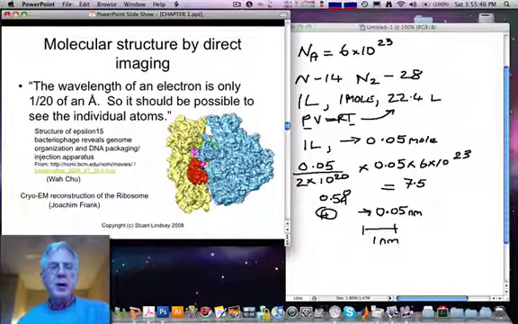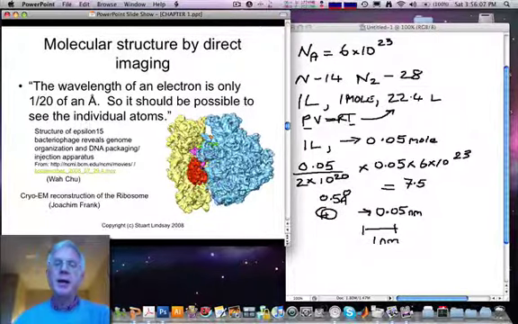Then Feynman said, well, we haven't reached the limit with electron microscopy yet, and biology is very complicated, so why don't we just use an electron microscope, but work a little bit on the resolution, and then for biology we can just image where all the atoms are, and then we'll understand living things completely.